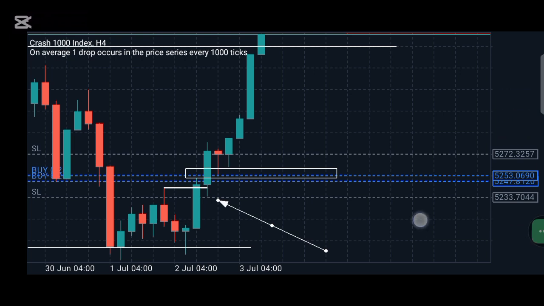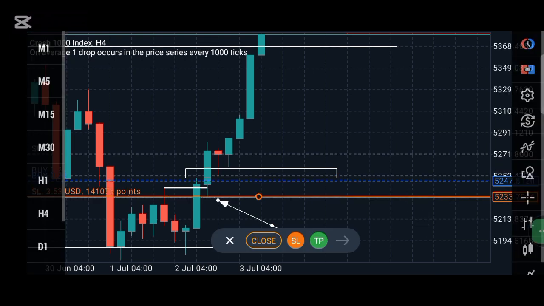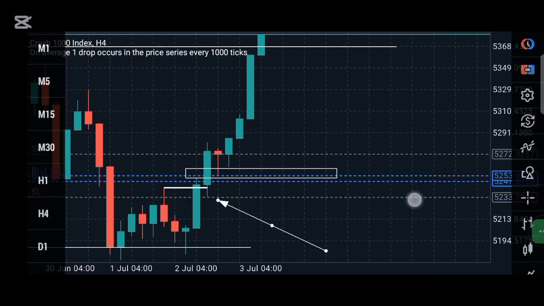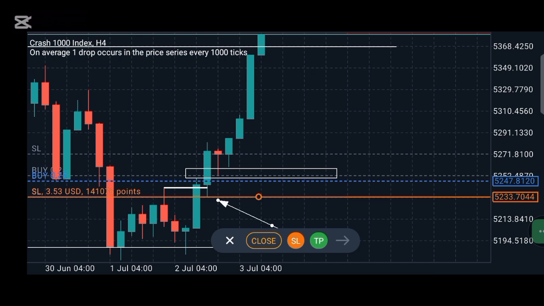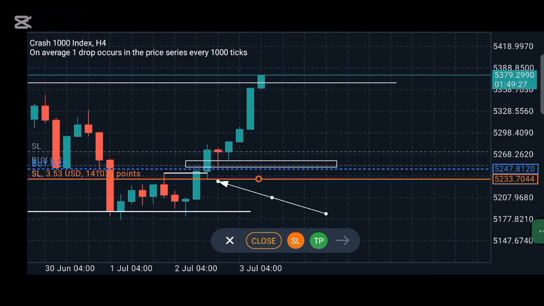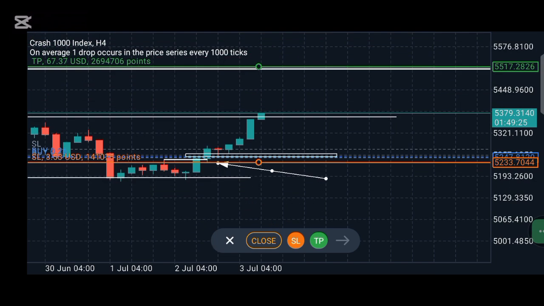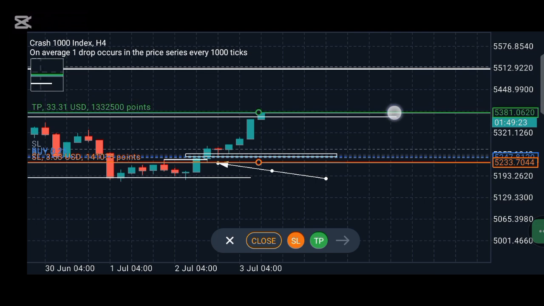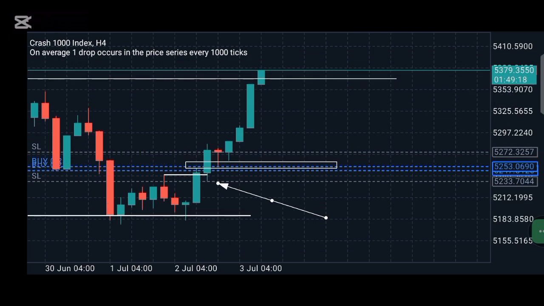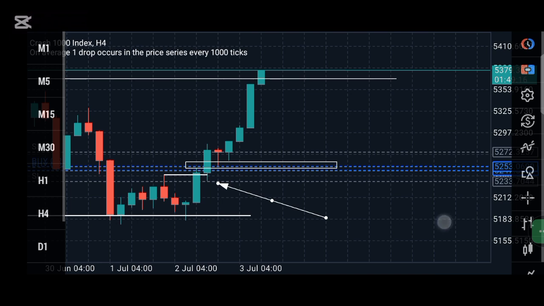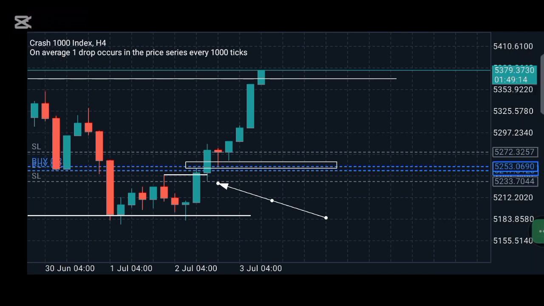I want to check how many dollars. That's about $3. I was looking at 1:10. You can see where my TP is 60. That's 1:20. And we've already done 1:10 on this particular trade. So why I shared the setup, let me just take you to the chart where I shared